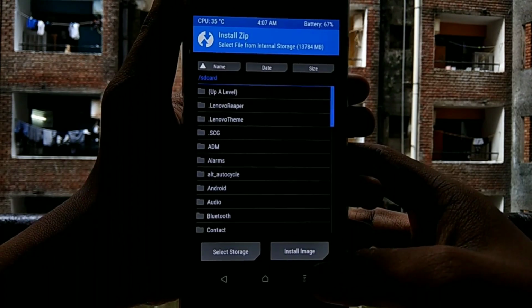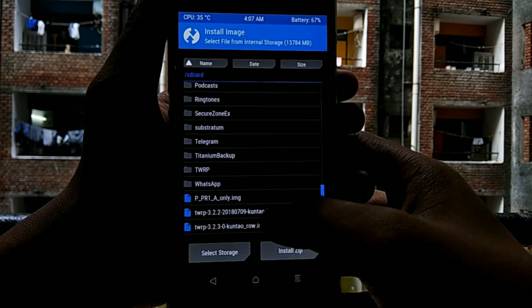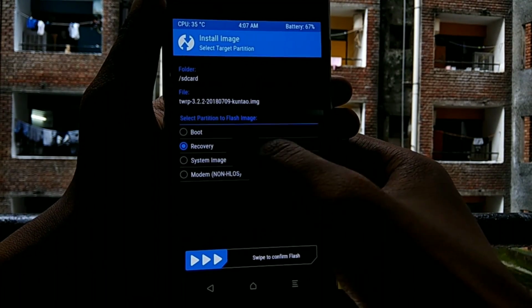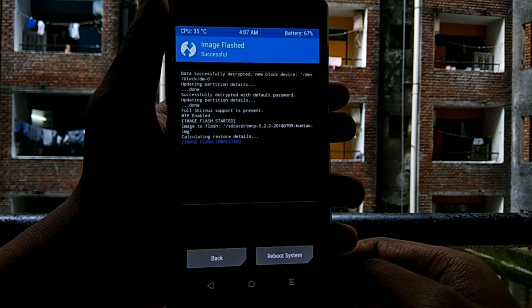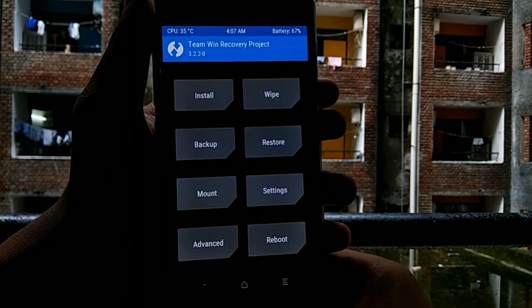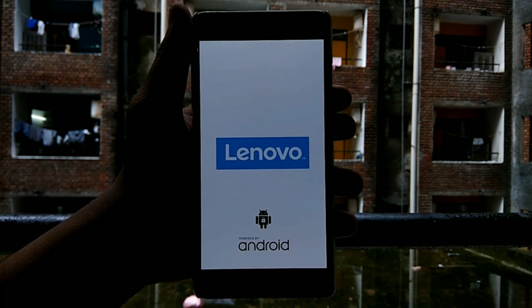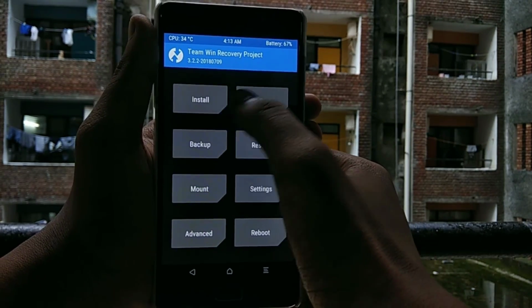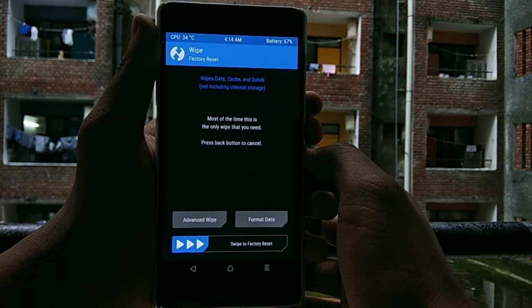For that, click on install image and choose the TWRP with the date, select the partition recovery and swipe to confirm the flash. After flashing is done, click on reboot and reboot to recovery. You can see the date in this version. It means it is a treble supported TWRP.